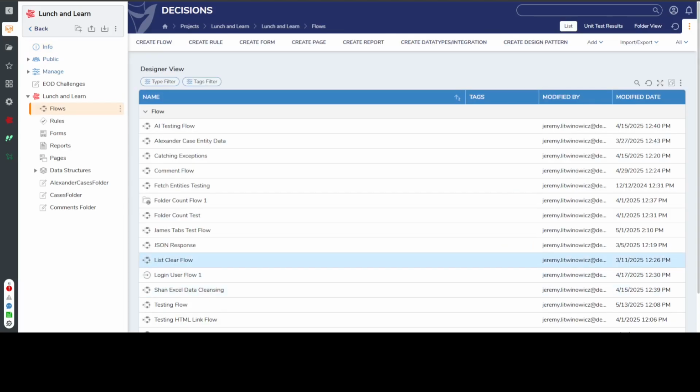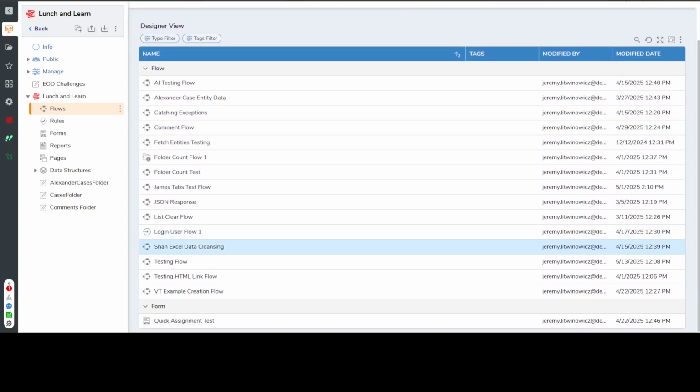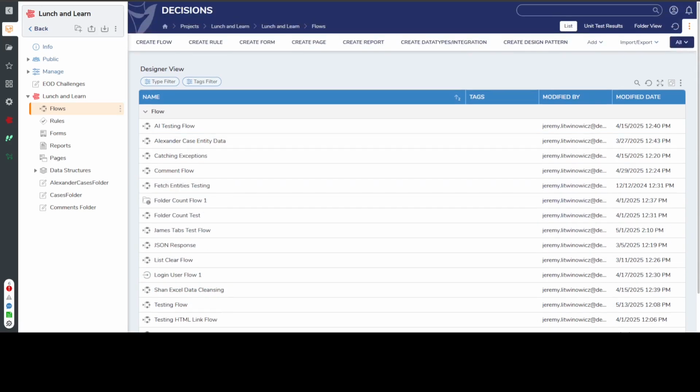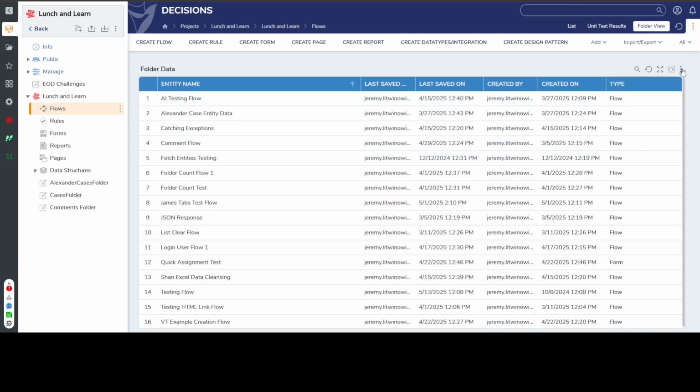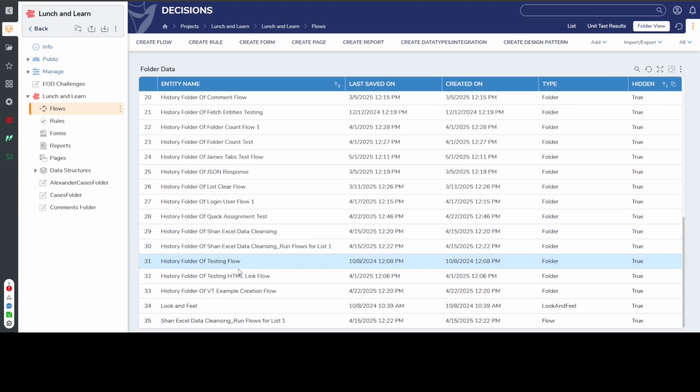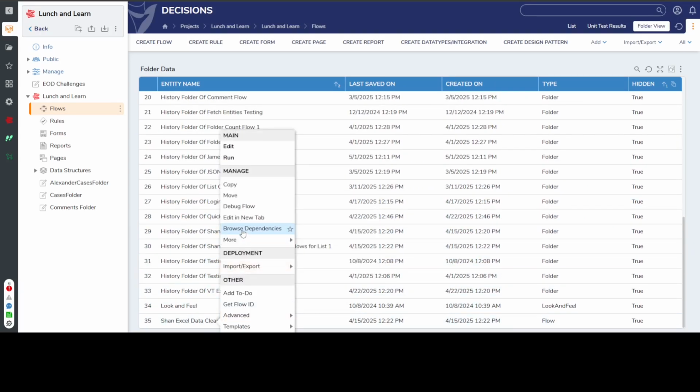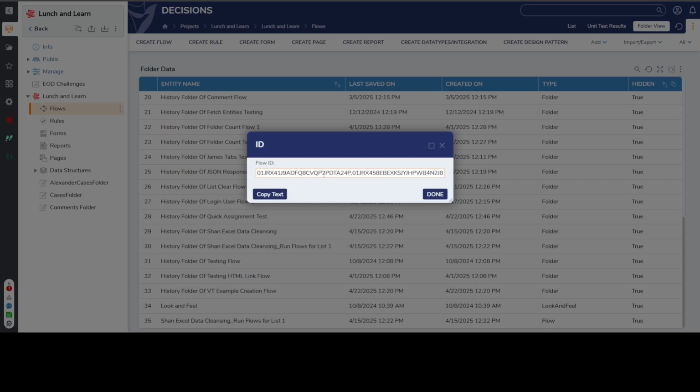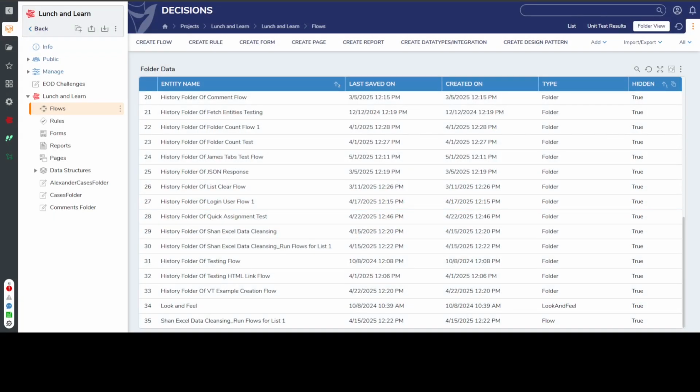Now, as a quick example, let's say I wanted to go back to the example of that run flows for list flow, and I wanted to make sure that this is actually just visible. Maybe I want to have easy access to it, and I don't want it to be hidden anymore. So I can go into this folder, and you'll more than likely want to make sure that you at least get the ID of that item. So if I look at this and right click and get flow ID, I can get my flow ID for this, copy that,